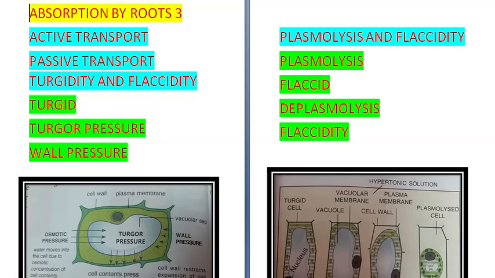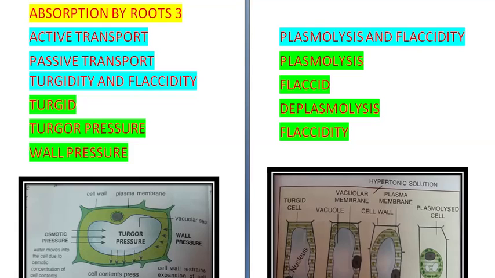to its higher concentration. Now there are certain nutrients such as sulfates, potassium, zinc, manganese, nitrates, which cannot pass through the cell membrane of root cells easily because their concentration is higher inside the root cell. This is for maintaining a high osmotic pressure so that water can be absorbed.